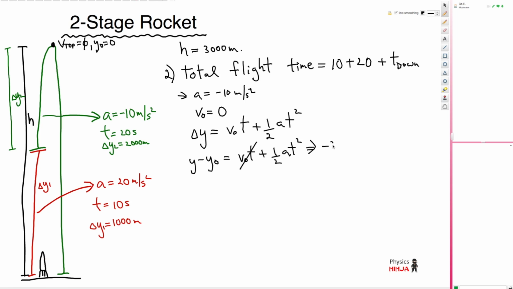So I have minus 3,000 for my total displacement minus 0 is equal to 1/2 times minus 10 times t squared. Okay, so the total time for this object to drop all the way down is simply going to be, simplify that expression, you get 2 times 3,000